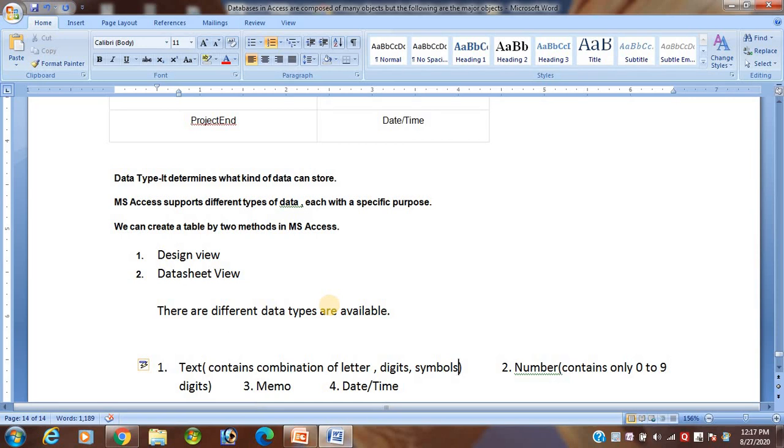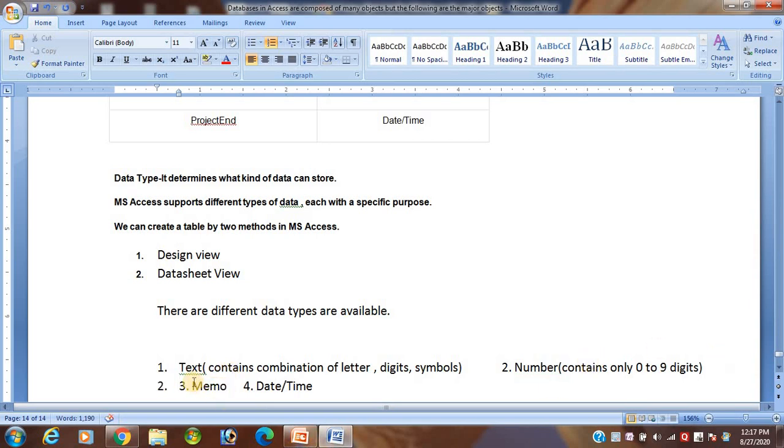In the address you can give text: suppose your name, house number, plot number, area code. These are all combinations. The number data type contains only the digits 0 to 9, just like your mobile number.